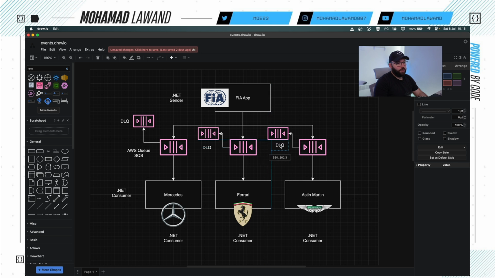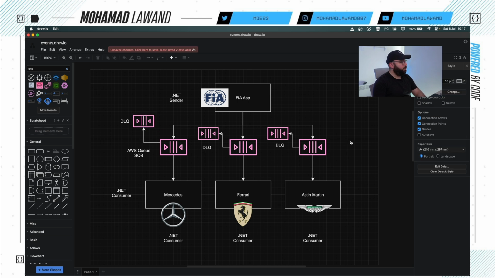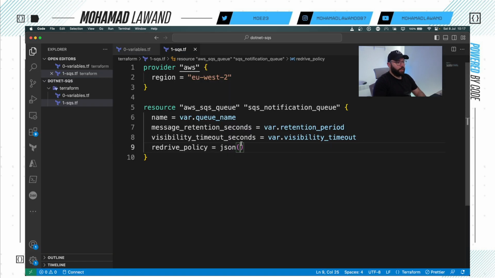So we can see now, in total, in this example, I have one main queue, another DLQ, one main queue, another DLQ, and one main queue, and another DLQ. And these two are going to work together in order for us to link the DLQ. So any message within this queue that is failing is going to go directly to the DLQ, and so on and so forth for the rest. So now if I go back to my Terraform, and I want to build it,